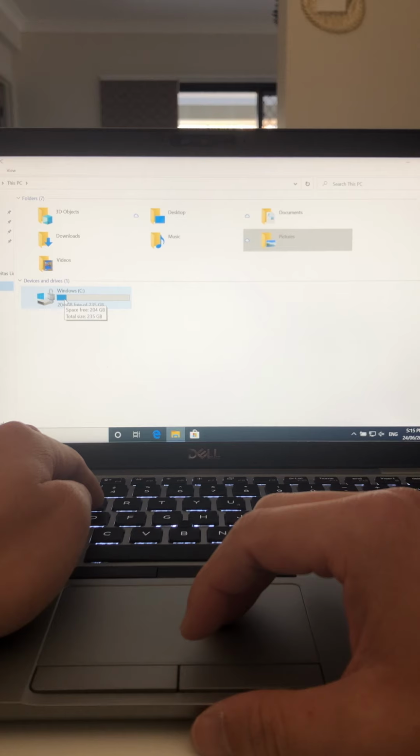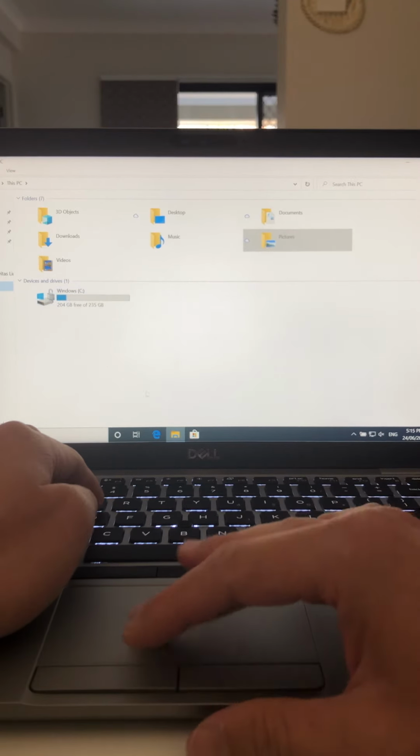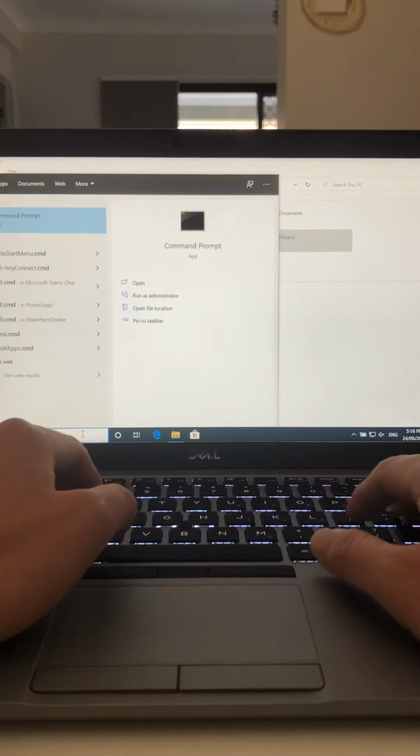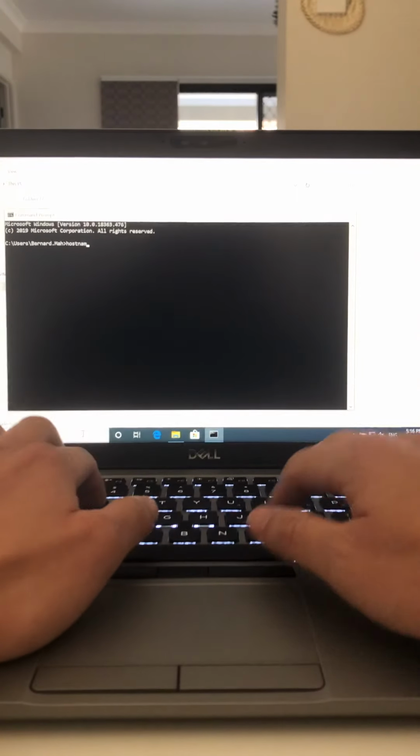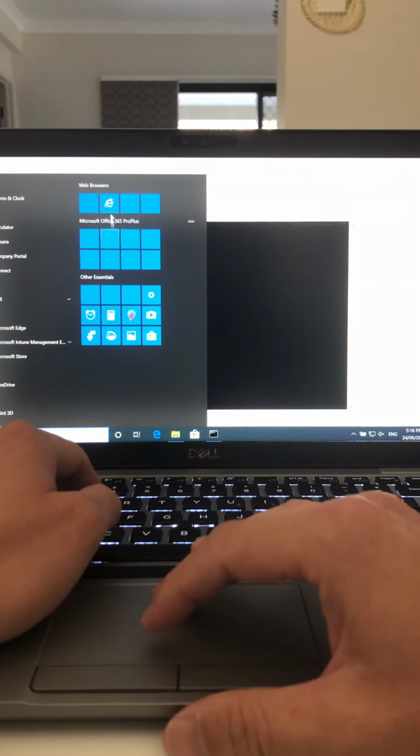Once the machine logs in, or once the end user logs in, you'll pretty much get your BitLocker encrypted in the background. This BitLocker key will be available under endpoint. So if I went to CMD and typed in hostname, you see my hostname is that. And if I went to the portal, for example,